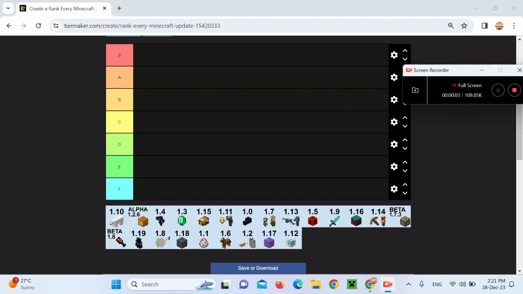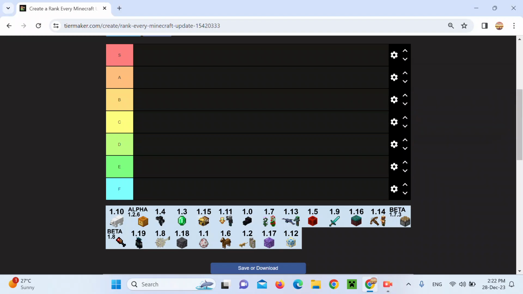Alright guys, you saw the title of this video. I'm going to be doing the Minecraft update tier list. So guys, here we have basically all the updates in Minecraft history. And we're just going to be ranking them from S to A to B to C to D